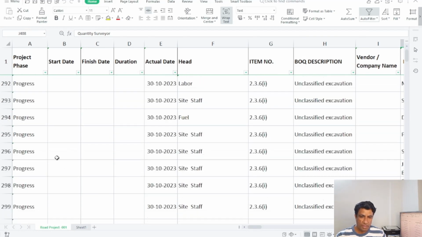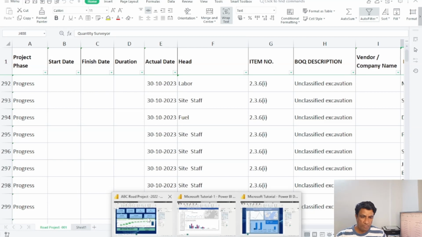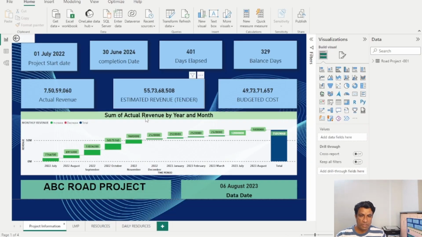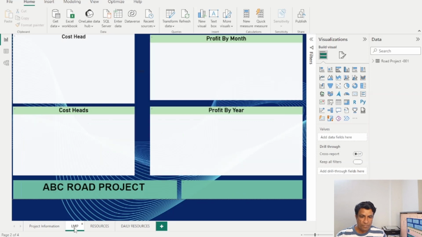These are the daily progress reports, the daily progress data of a project. From this data we will build smart dashboards, where you will get all the information about project timelines, project revenue, budget, daily revenue, monthly revenue and yearly revenue, the cost which is